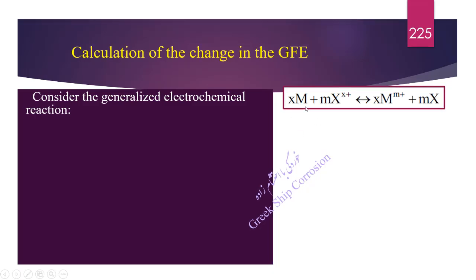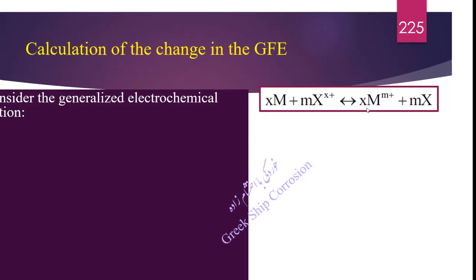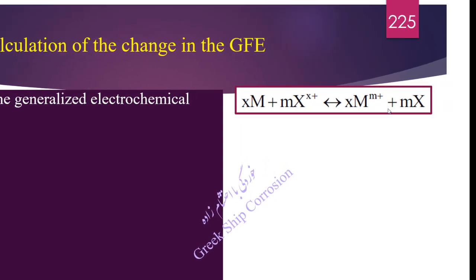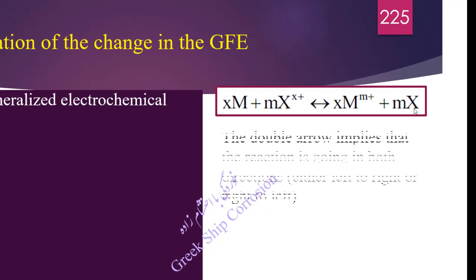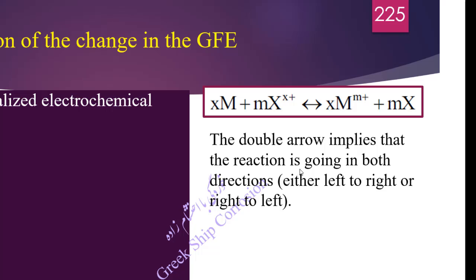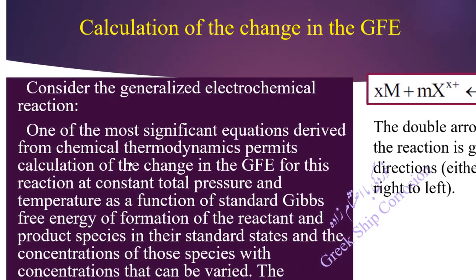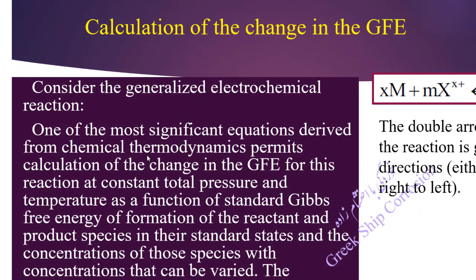x moles of M plus m moles of XX plus, double arrow, x moles of MM plus m moles of X. The double arrow implies that the reaction is going in both directions, either left to right or right to left. One of the most significant equations derived from chemical thermodynamics permits calculation of the change in the Gibbs free